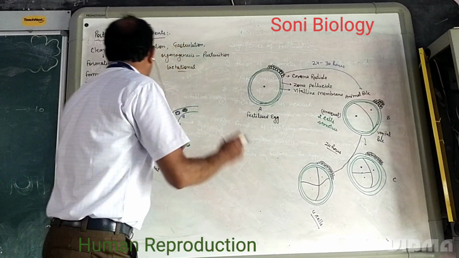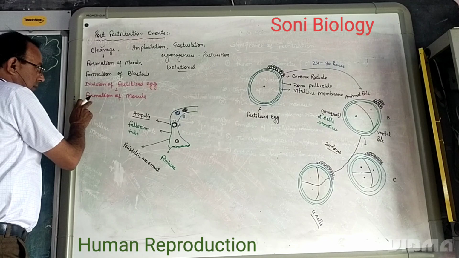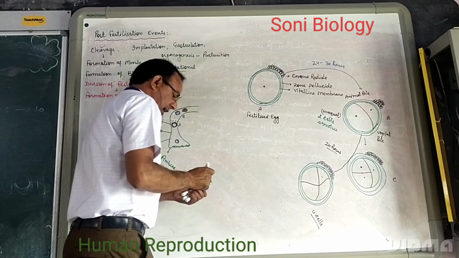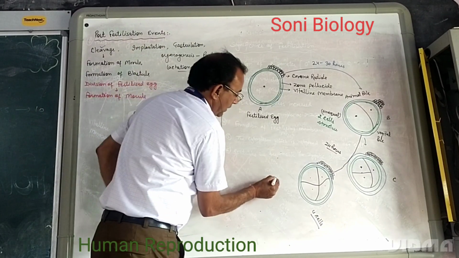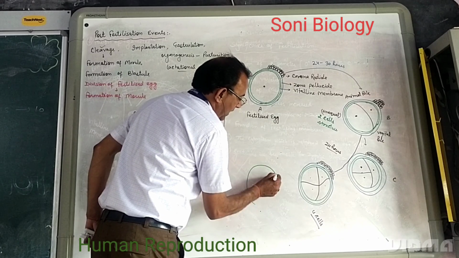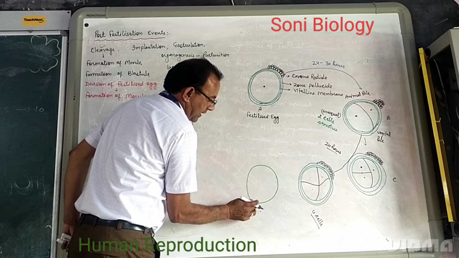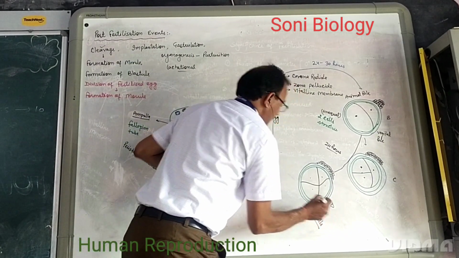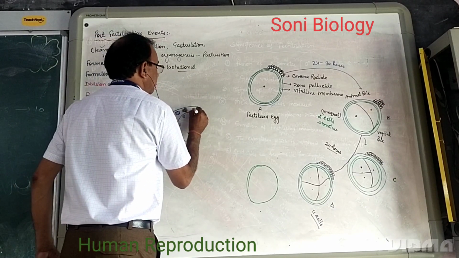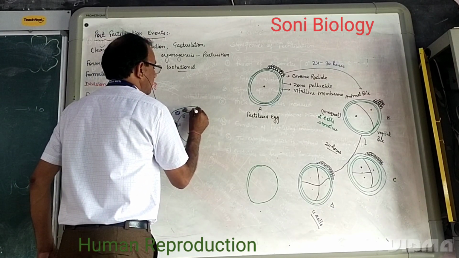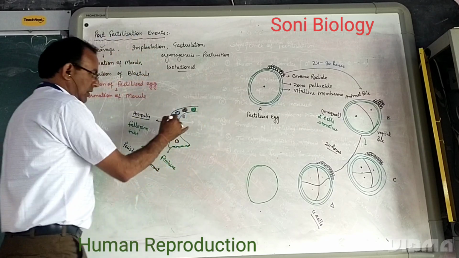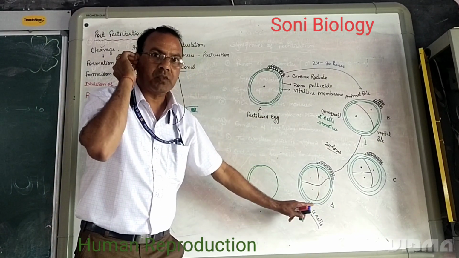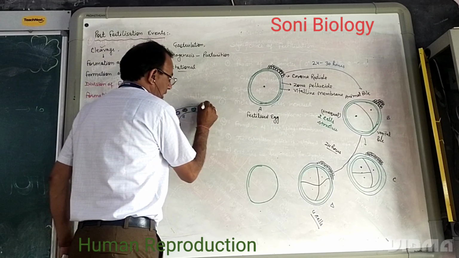This division of cells, this phase, is known as cleavage. First we discussed the formation of morula. After this, the cell changes again and the corona radiata cells start to degenerate. From the 4 cell division, the corona radiata begins to degenerate. This is the first 24 hours, 2 days. It means there are 2 days of division. And after that, on the 3rd day,